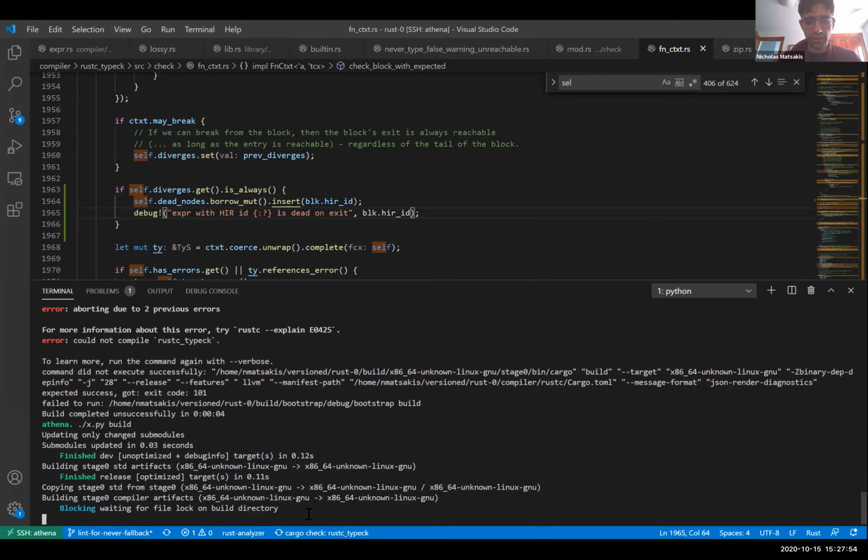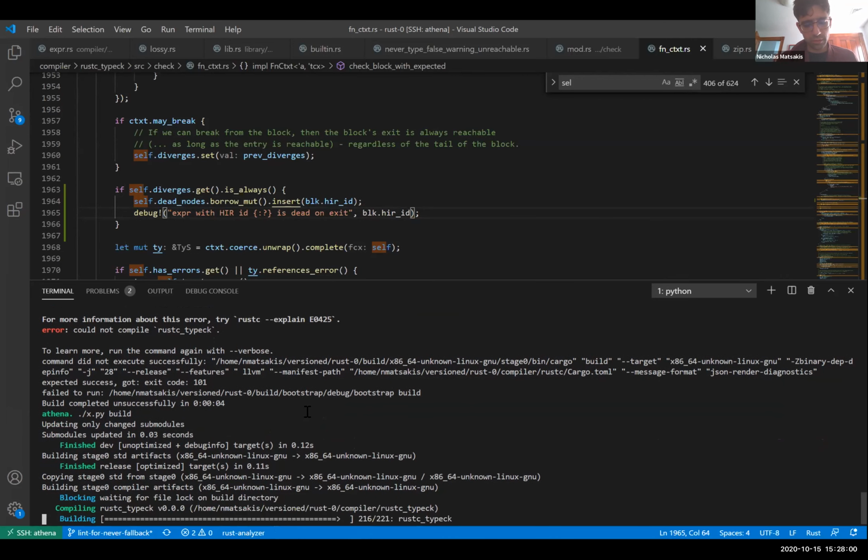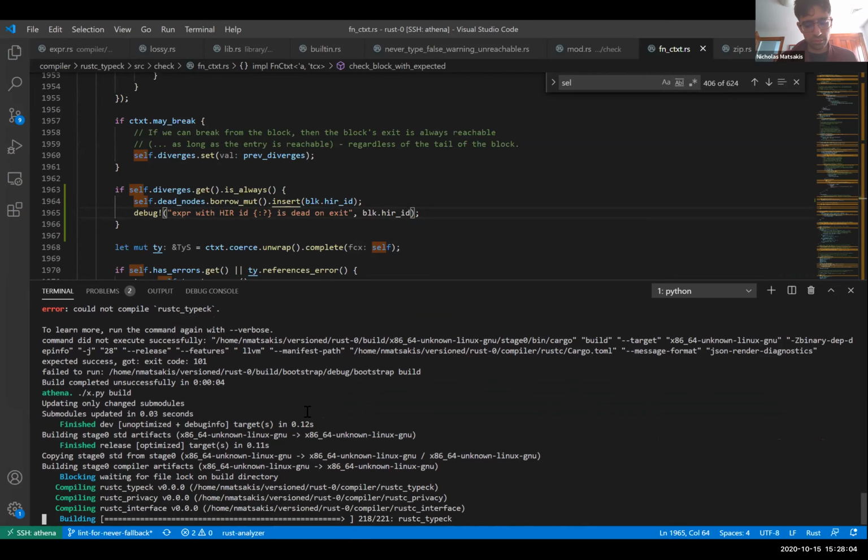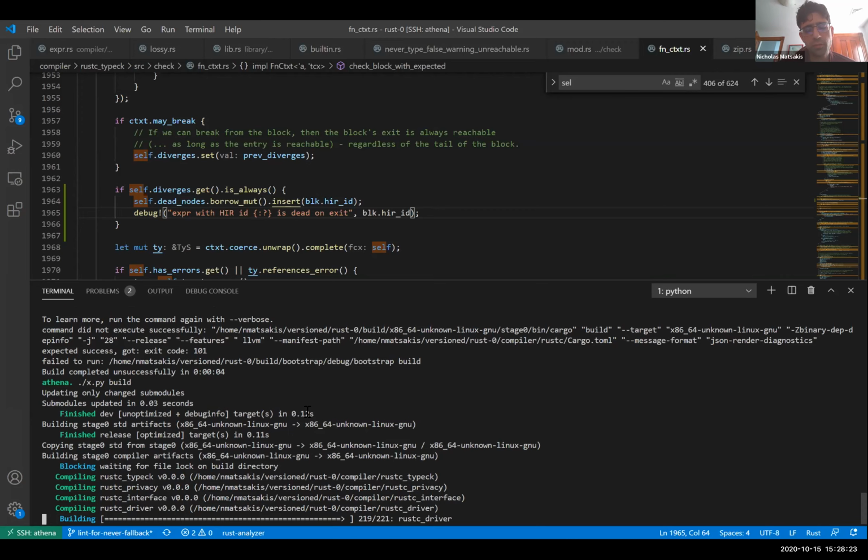No, rust analyzer is running cargo check, I guess. What's this? If this works,